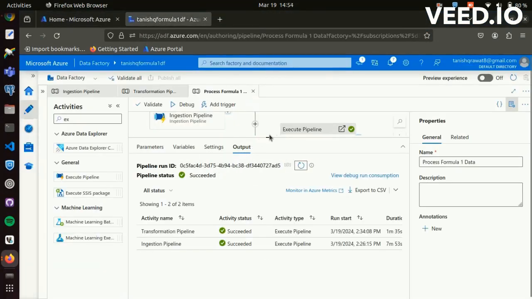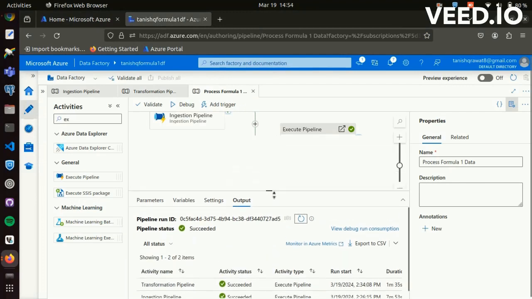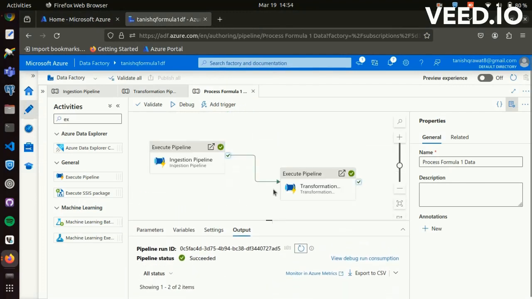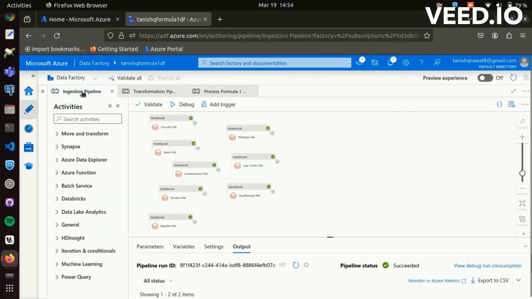Now I will show you the pipeline which I have created. So this is the ingestion pipeline and this is the transformation pipeline. The ingestion pipeline handles the raw data, and the transformation pipeline converts the processed data to presentation data.